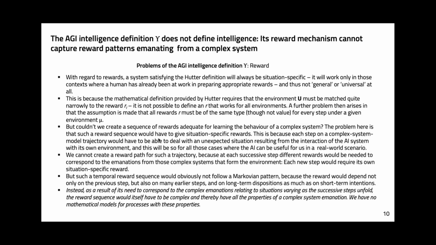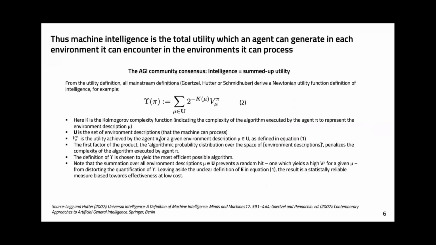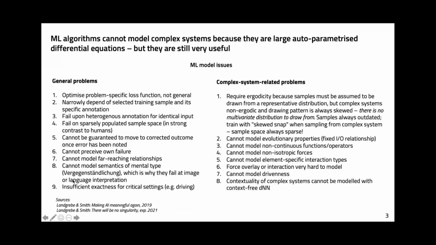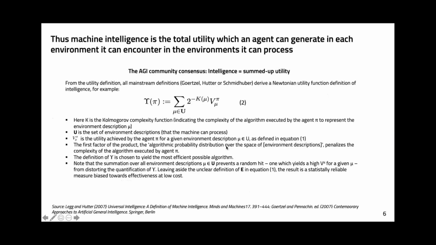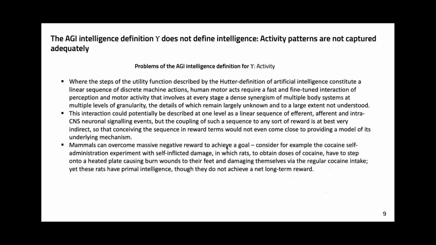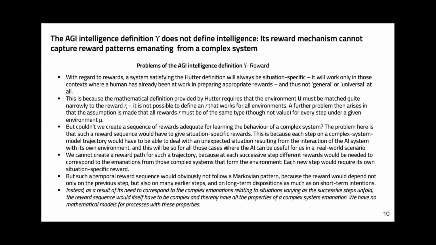And of course, speaking of probability theory, if we go back to this slide here, Markovian pattern is of course a pattern that applies only to classical Newtonian systems. Only Newtonian systems have the Markov property. Complex systems don't have the Markov property, but without the Markov property, you cannot achieve predictive modeling in stochastic equations. So stochastic differential equations or other stochastic process models, they always need a Markov pattern.